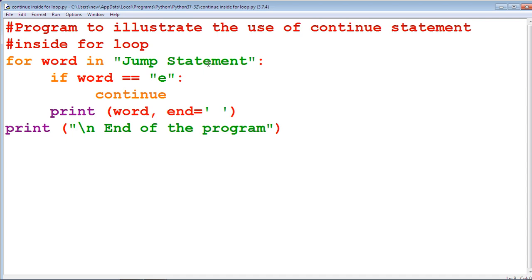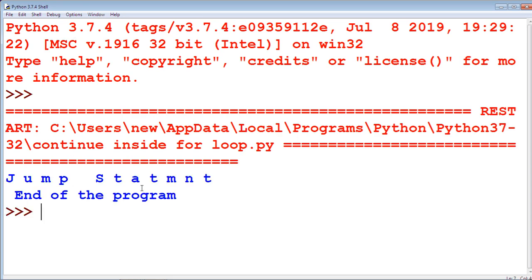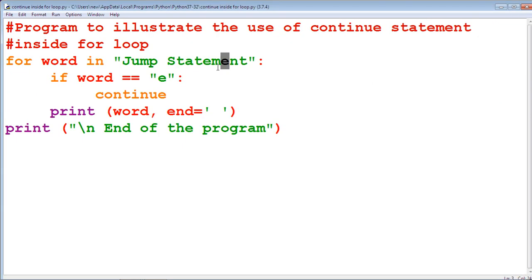It doesn't print the two letters e. So run this program using the F5 key or the Run Module. In the jump statement, the e is not printed; the two e's are not printed here. The end of the program is also printed. This is the demonstration of the continue statement inside the for loop.